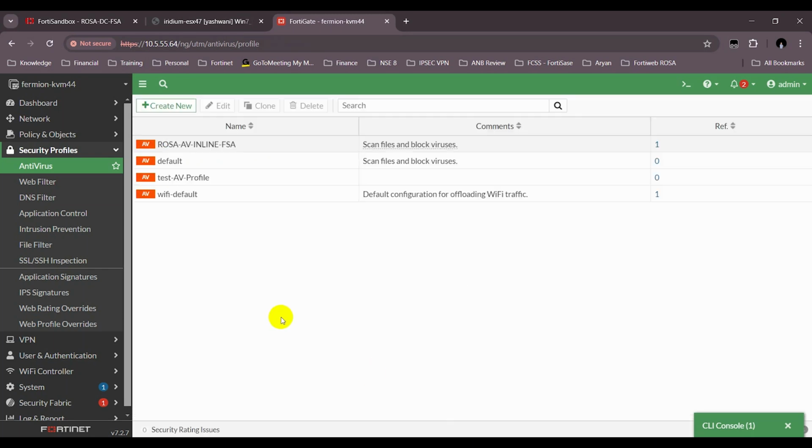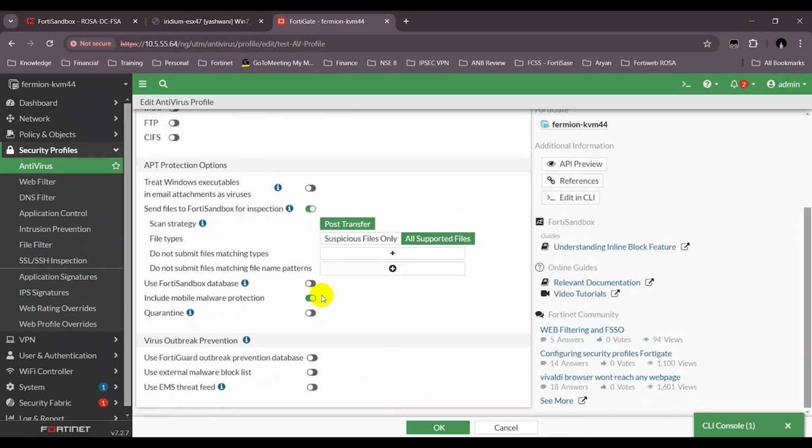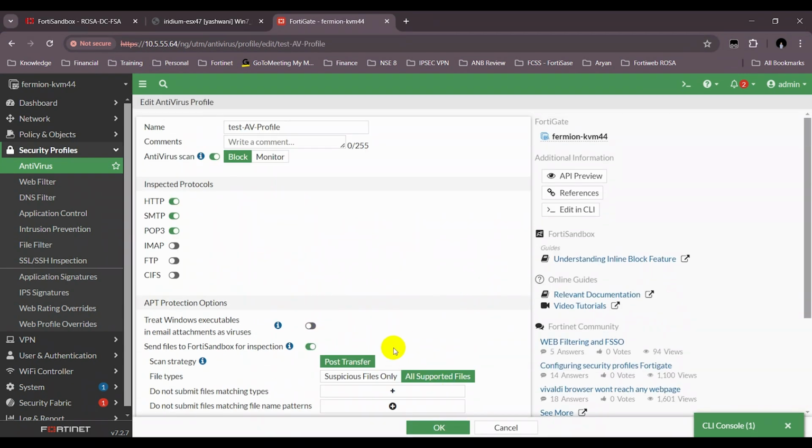Even if I click OK and go back, you don't see it, and we will be struggling to find out where the inline scan option is here. We will struggle a lot if you don't know. So if you want to change this to the inline mode, first you have to change the AV profile to proxy mode, and this initial setting is only available